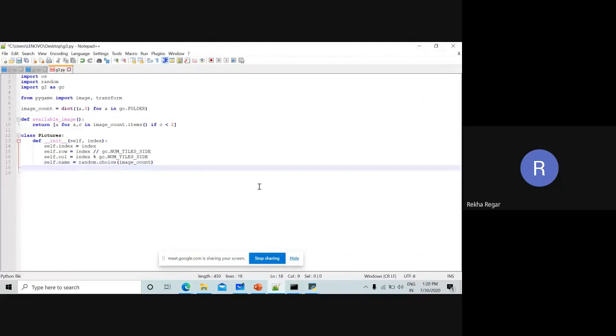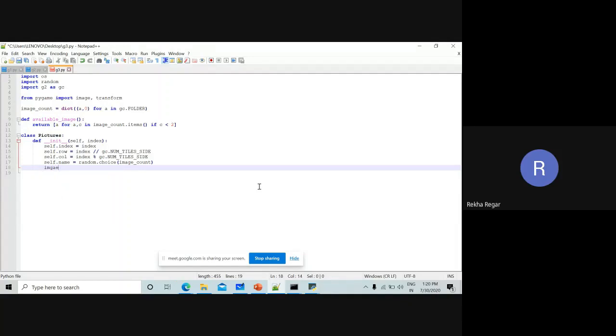After this, we have to create the image count, because each and every image is going to be started or initiated. So we have to increment the image count.